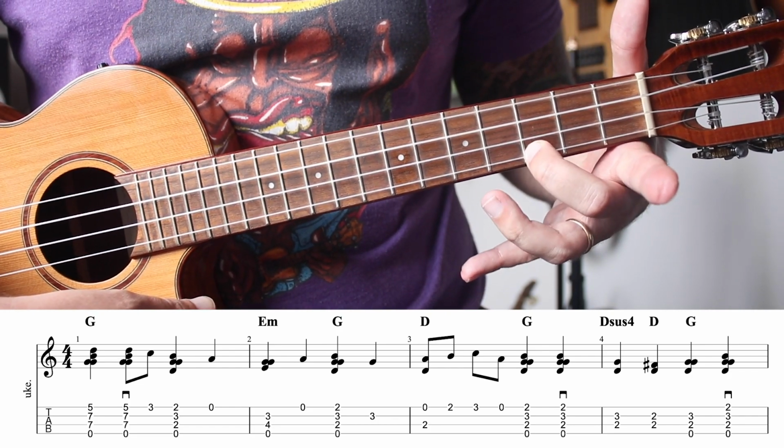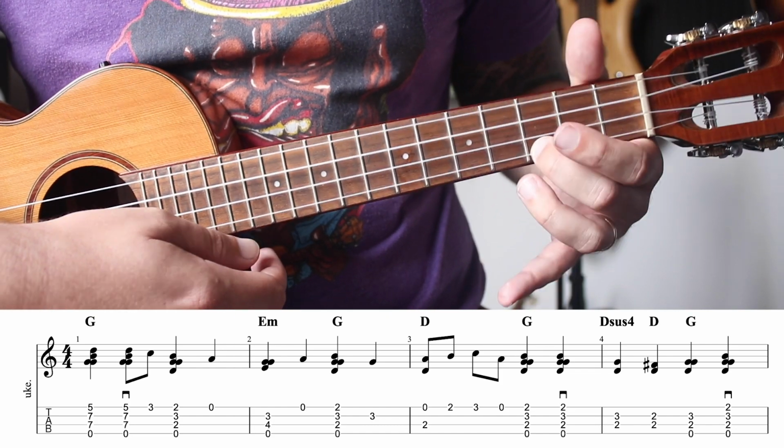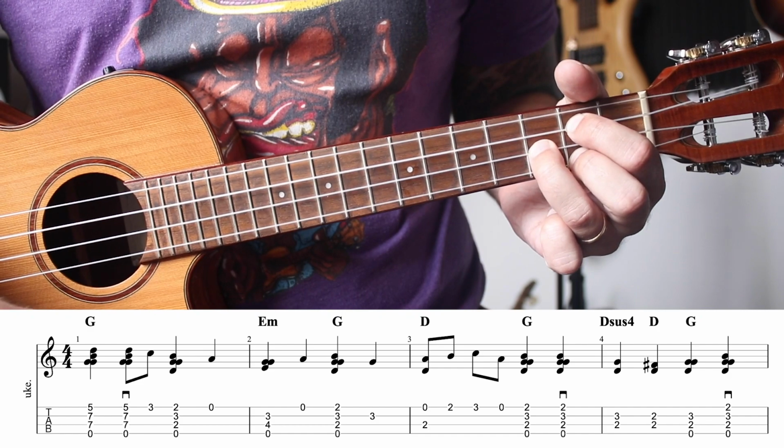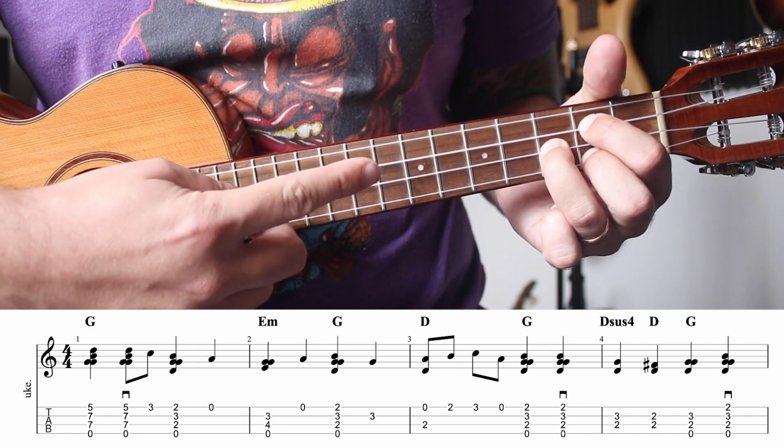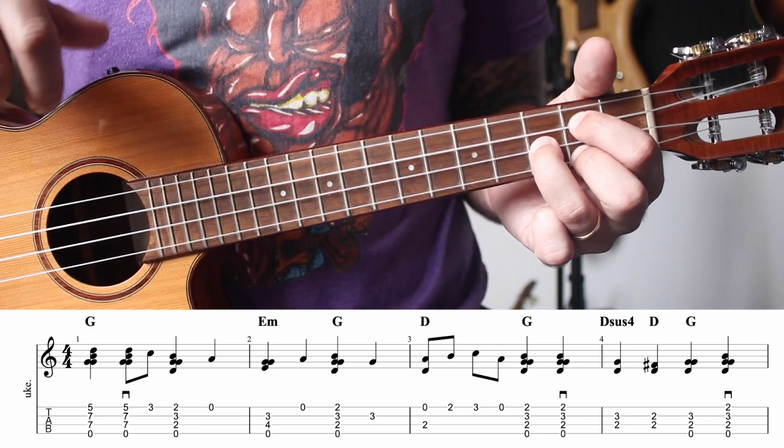Play the 3rd fret with the middle finger because you're going to play that on the offbeat, and then slide it to the 2nd fret and go right into this G shape. Again, this G shape has a melody, so you'll be using your thumb. A general rule of style,